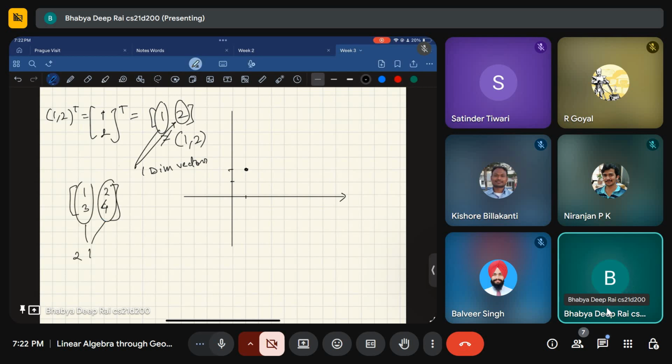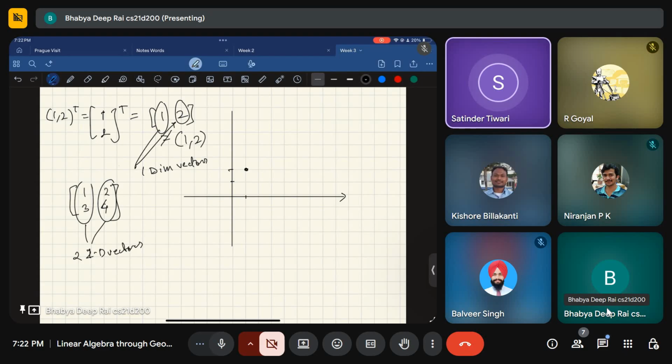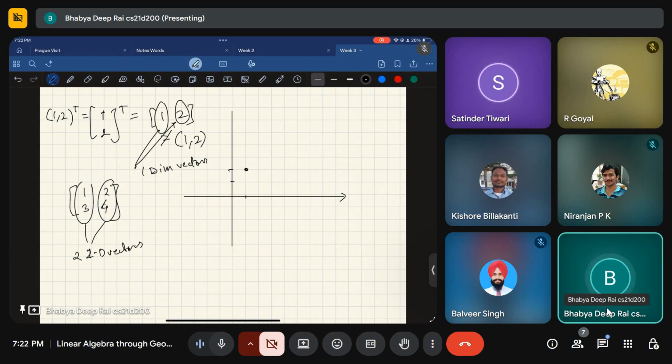Yeah, I know. I know, Satinder. Yeah, you are not saying that they are same. No, I'm telling Kishore that they are not same. You were asking what this looks like graphically. Actually, I was not saying that it is the same. I was just saying yeah, it is a form of it.